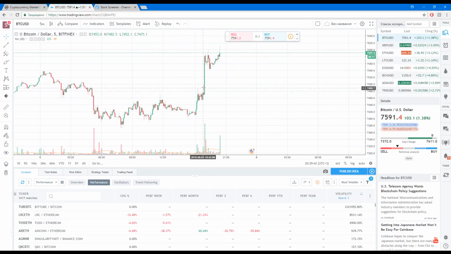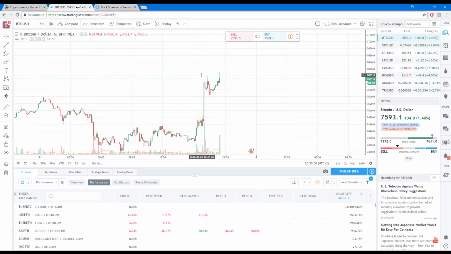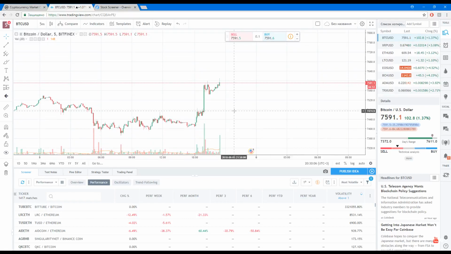In this situation, you add to position at 7,500, and in this position maybe you cover some position, you leave only 50%, and in this situation a few minutes ago you add to your position at 7,600. So we can see some volume increased